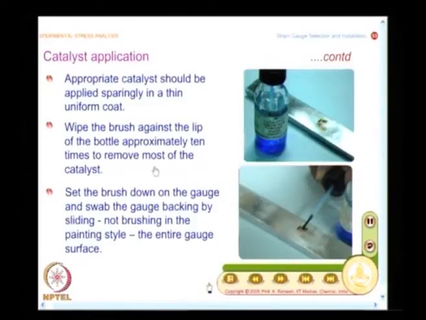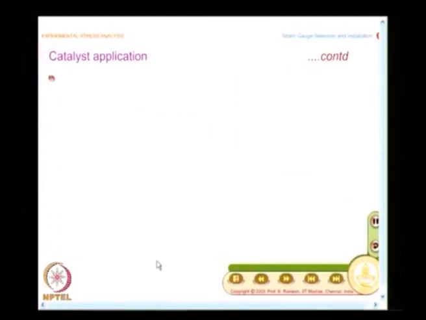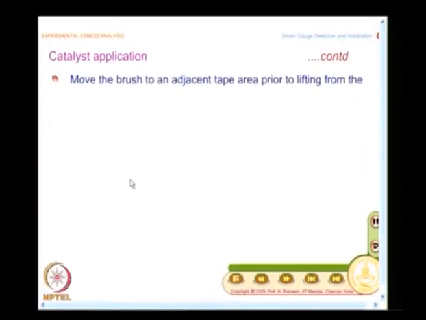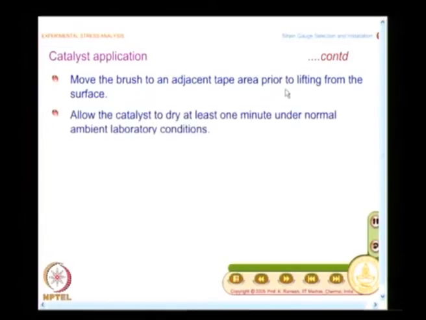And also, while putting the catalyst, you must set the brush down on the gauge and swab the gauge backing by sliding, and you should not do brushing in the painting style, and this is to be done on the entire gauge surface. Not only this, the recommendation goes a step further. Move the brush to an adjacent tape area prior to lifting from the surface.